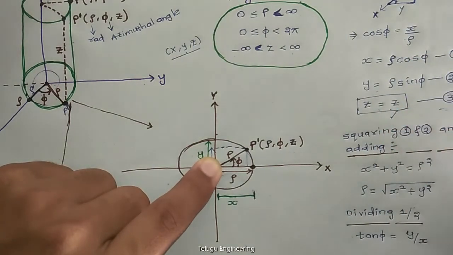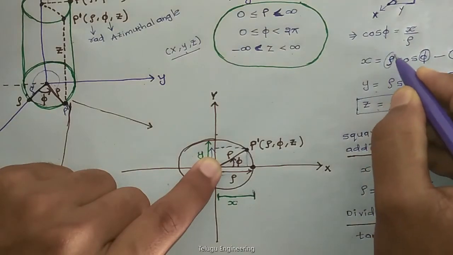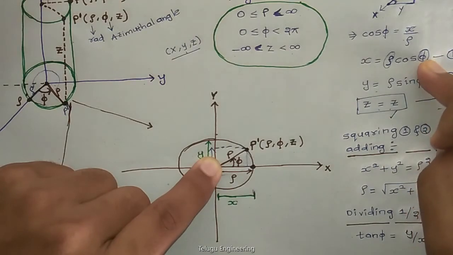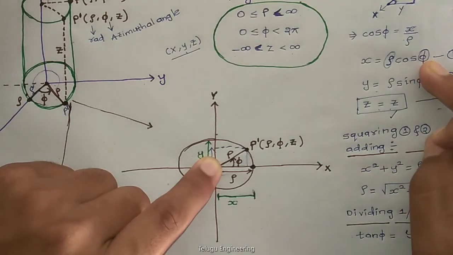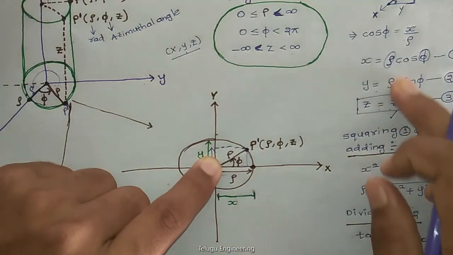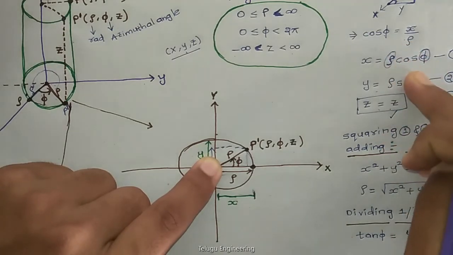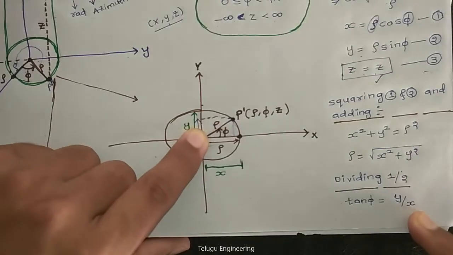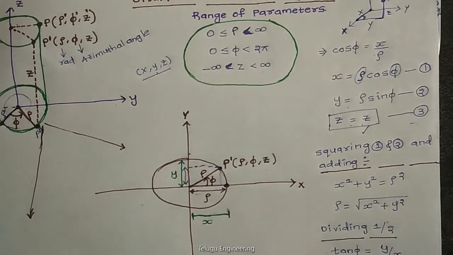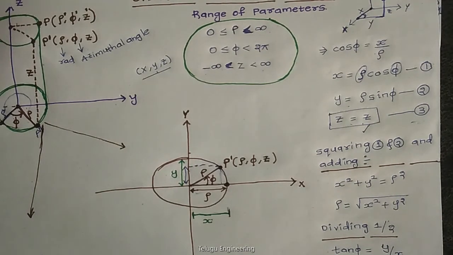What we need now is phi. We already know rho in terms of x and y. Now if we take phi in terms of x and y, it will be convenient, so that we can get a particular relation. Dividing these two things, we get rho sin phi by rho cos phi, rho cancels, and tan phi equals y by x. So tan phi equals y by x. This is all about the cylindrical coordinate system, and we will further discuss the spherical coordinate system. Thank you.